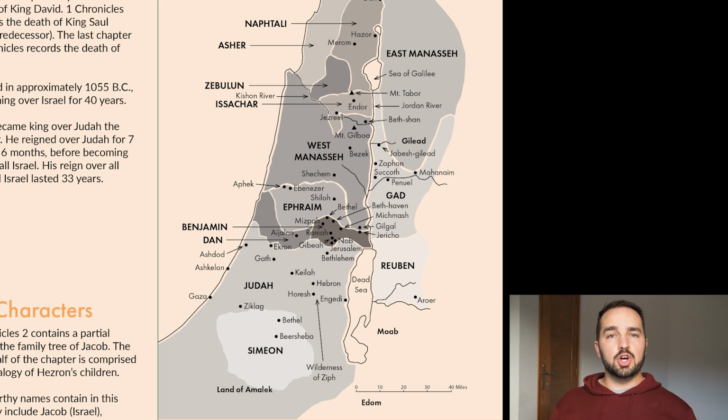And under the leadership of Joshua, Moses' successor, the leader of the Israelites, they conquered the land of Canaan and the surrounding regions, and they made it their home. If you look at the map, you'll see it's all portioned out into different shades of gray, and each of those has a name like Zebulun, Issachar, Benjamin, Judah, Simeon, Ephraim, Gad.